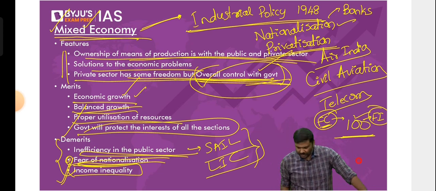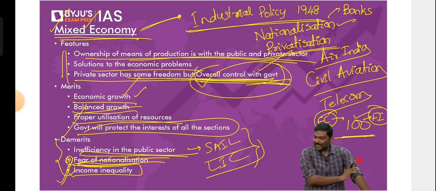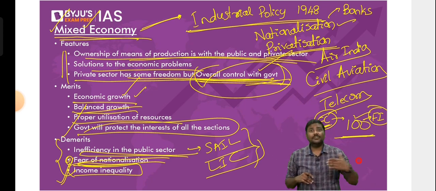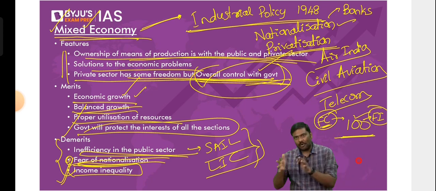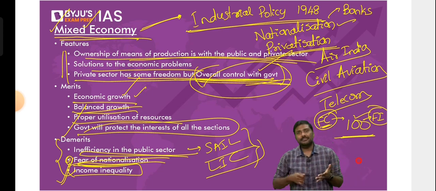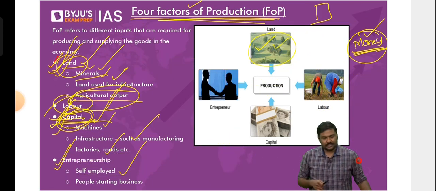So what have we discussed so far? We have discussed one definition of economics. Second, after the definition, we have discussed the concept of the four factors of production. Then we have discussed different types of models, or systems, that can be followed by countries, that is capitalism, socialism, and mixed economy. And let's go ahead. The next concept that I want to discuss with you is the idea of opportunity cost.